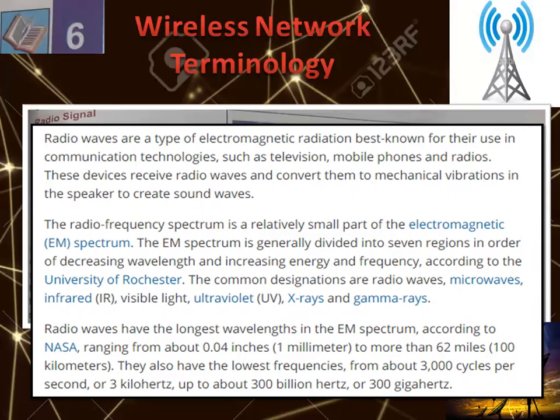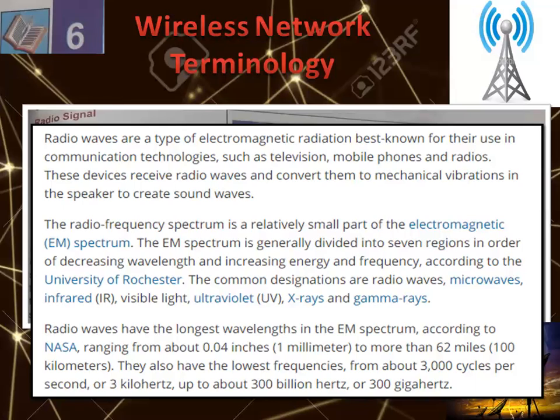The EM spectrum is generally divided into 7 regions in order of decreasing wavelength and increasing energy and frequency. According to the University of Rochester, the common designations are radio wave, microwaves, infrared IR, visible light, ultraviolet UV, X-rays,